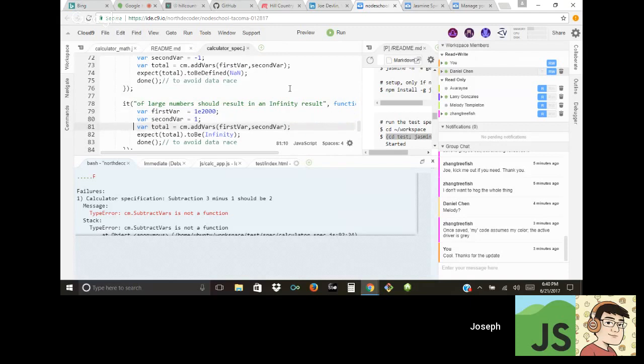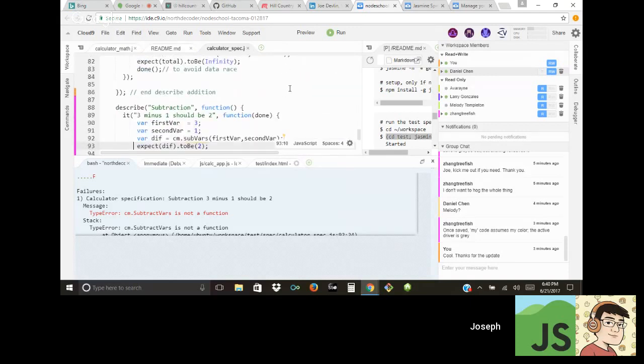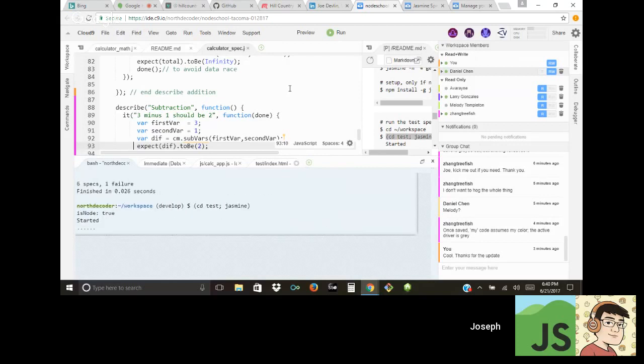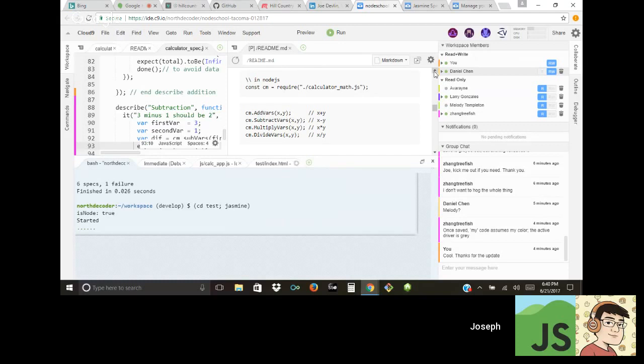I checked on calculator math and I saw that it was sub bars. Made a change, saved it, and we can rerun the test. And it passes. Yep. So let's see. I think we did exactly what we said we were going to do. And so the problem was not in